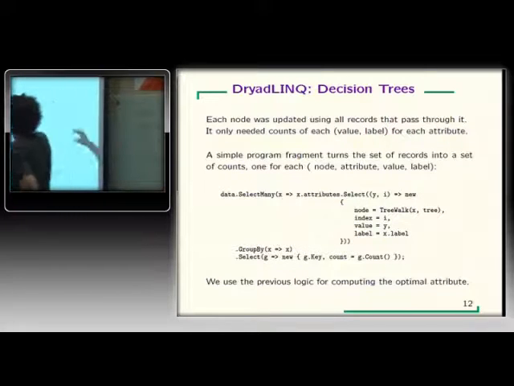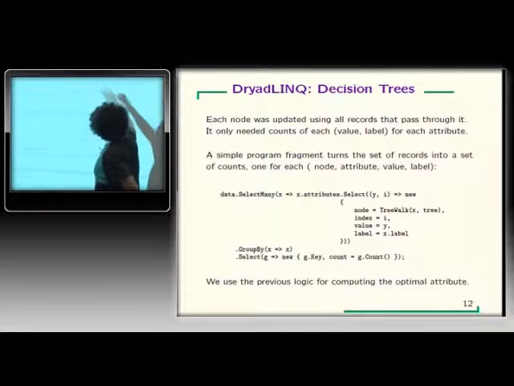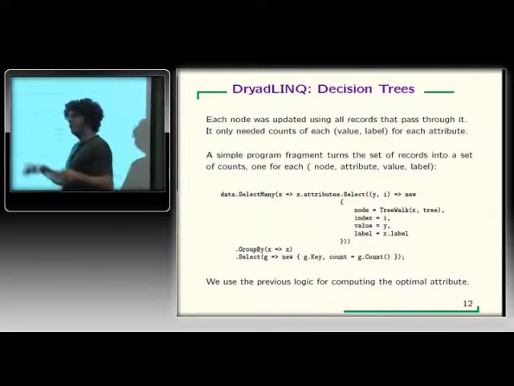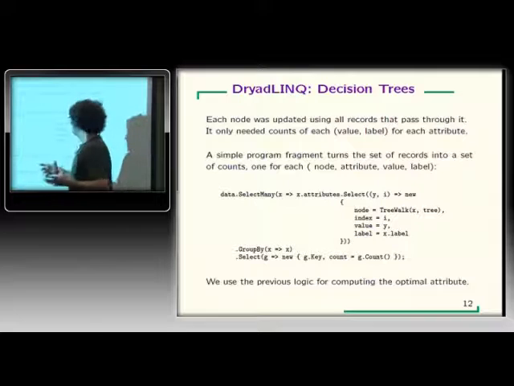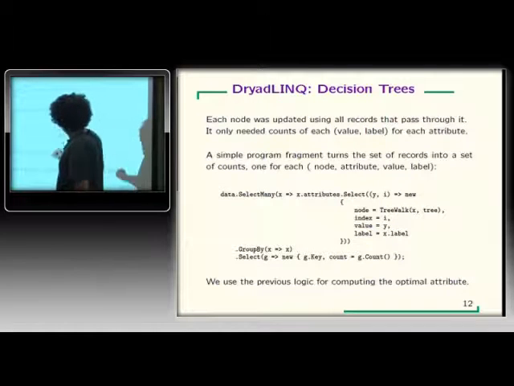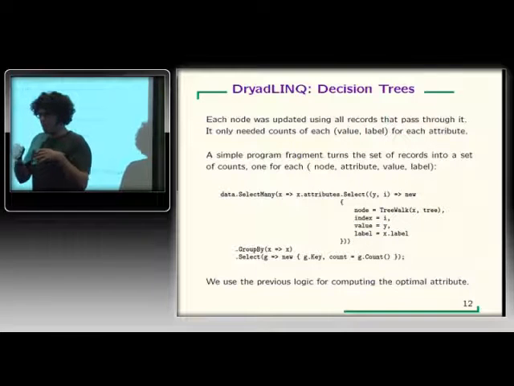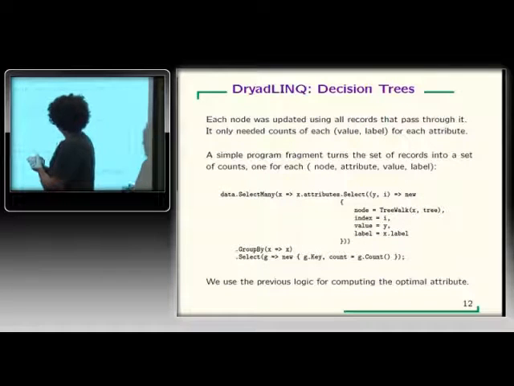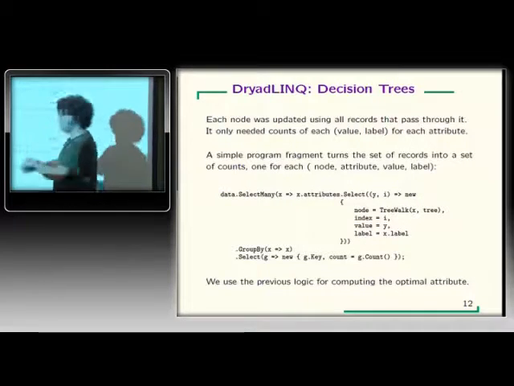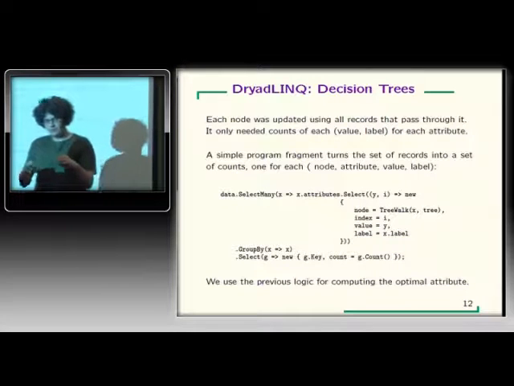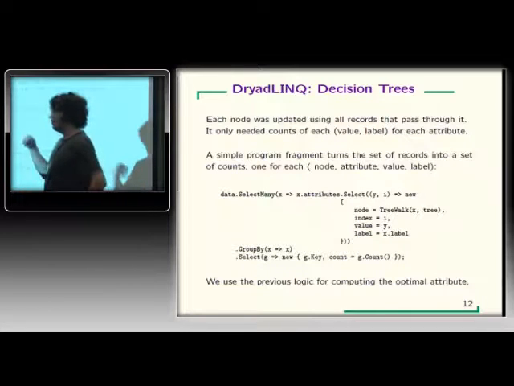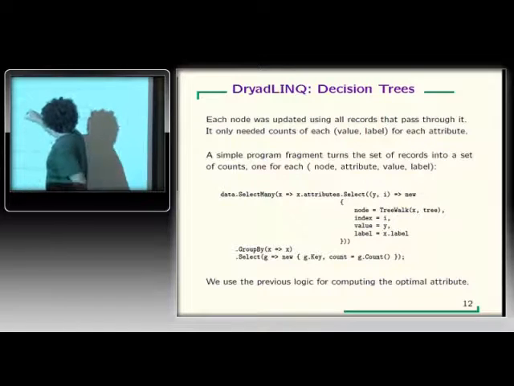So we're just going to tweak our program a little bit. We're going to rewrite it so that instead of grouping all the records together, it first does this big data reduction. It's actually a little interesting. It's first going to explode the data out. So it's going to take our records, which are a list of attributes, and for every record, we're going to produce a list of